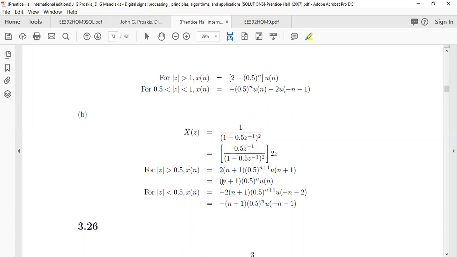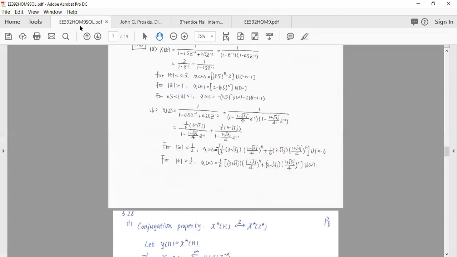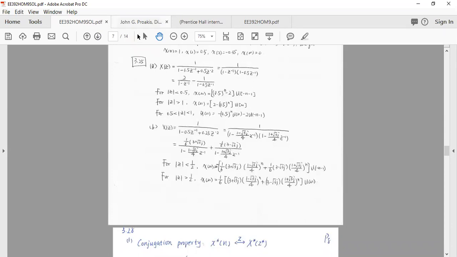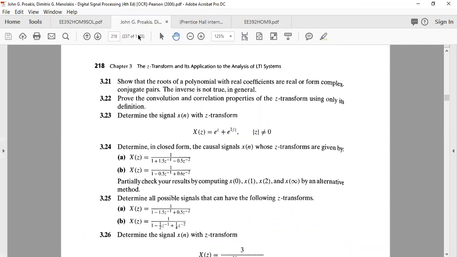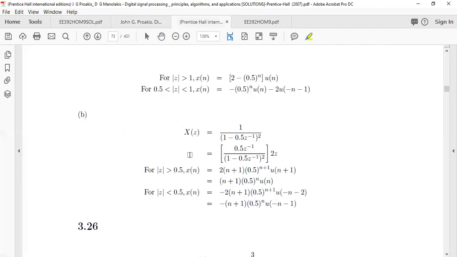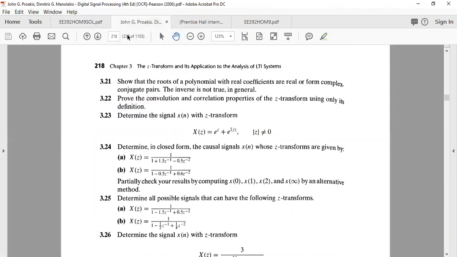In the textbook, it is given in terms of this, in 3.25. Is it 2.5? Okay, that solution is not over here. It is dealing with a completely different part here. So okay, anyways,